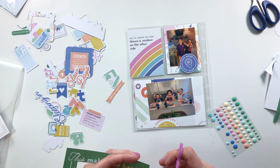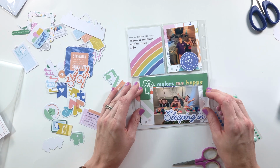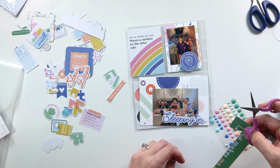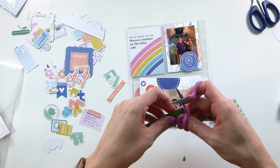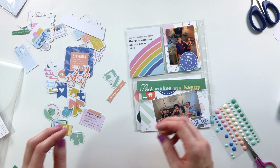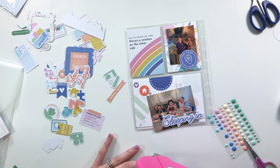So I'm trimming out really closely, and I thought I would just place it right there, but it looks a little awkward to me with that green blockiness. So I trim a little bit closer, some different fussy cutting around, just making the green less obvious. There it goes at the top. So this makes me happy, and then I'll be able to add the title "Sleeping In" because that makes everybody